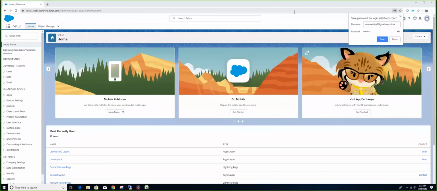Okay. And then I think after these things are done, we also spoke about data loader. How data loader can be helpful, how we perform an insert operation, how we create the data template, how the ID is generated when the record is inserted, and if you want to update a record, how we need an ID.